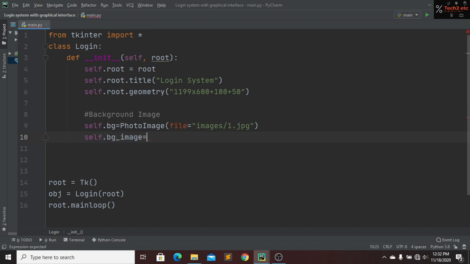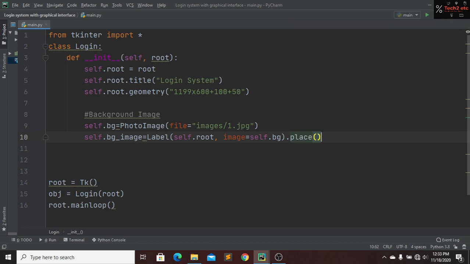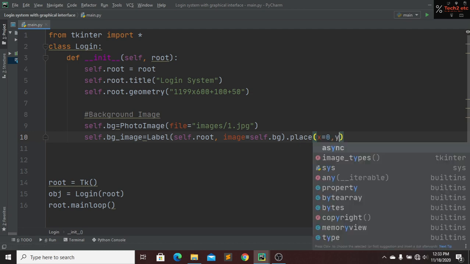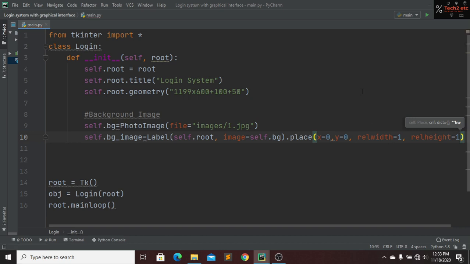That's it. And now here we have to create our label, and this image will be inserted in our window, self.root. So we write self.root, and then our image will be self.bg. And now we have to place this image, so place, and here we give x and y values. So our x value will be 0, and our y value will also be 0. And now we have to give a relative width, and it will be 1, and our relative height will also be 1. That's it. Now if we run,